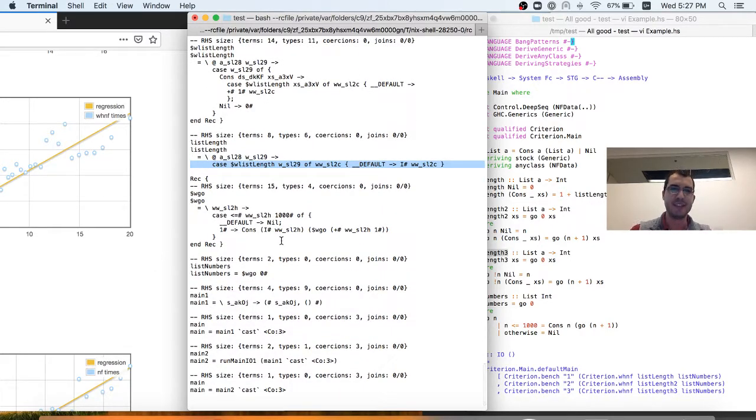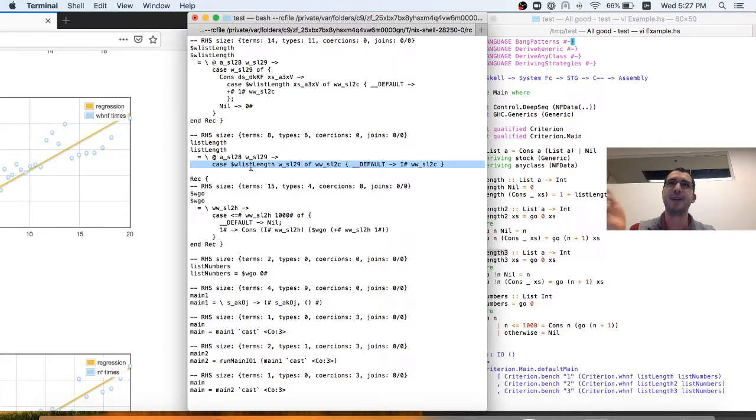So this is an example of one way. As a general rule of thumb, if the code is the same at a certain stage of the compiler pass, like at Core or STG or C++, then you don't need to dig any deeper, because if they're the same at this level, then they're definitely going to be the same at the next level. Very often, there's actually a tool, I believe, that I forgot who wrote,